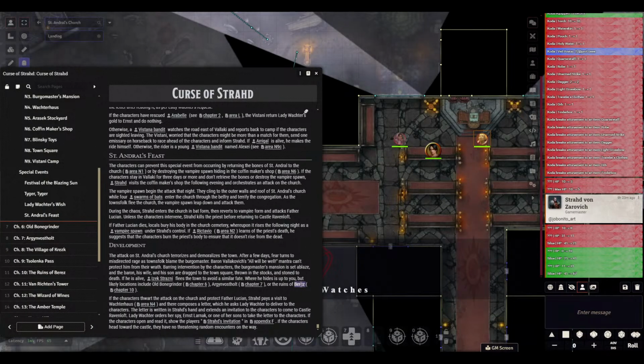visit to the Wachter house and there composes a letter which he asks Lady Wachter to deliver to the characters. The letter is written in Strahd's hand and extends an invitation to the characters to come to Castle Ravenloft. Lady Wachter orders her spies